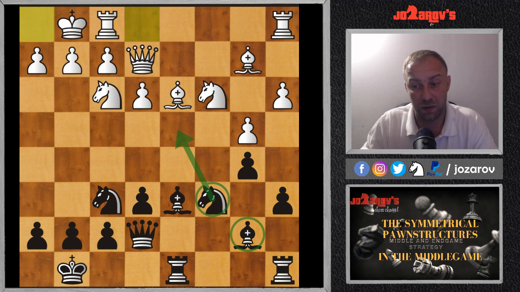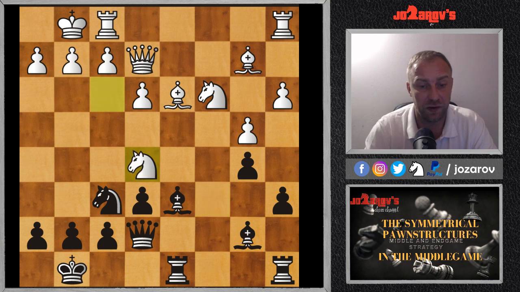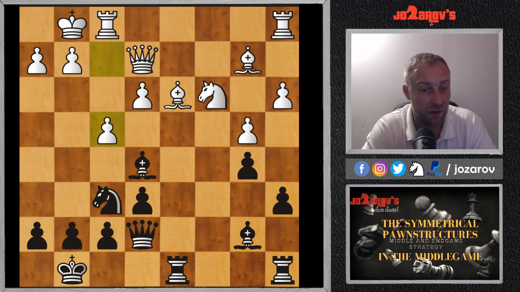And of course Akiba Rubinstein found the move knight on e5. You see now this move really forces white to do something again, and that's really important in the static setups, because now after knight takes on e5 we have bishop takes on e5, and as I said, don't push pawns if not necessary. Now you see Gerhard Levy played simply f4, and it was his main mistake, because he created